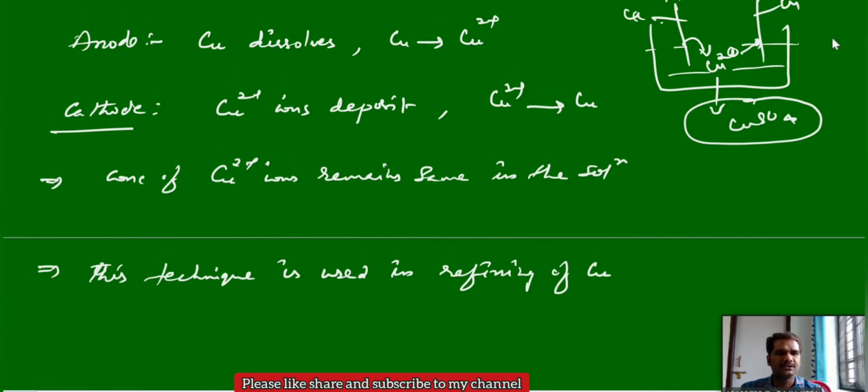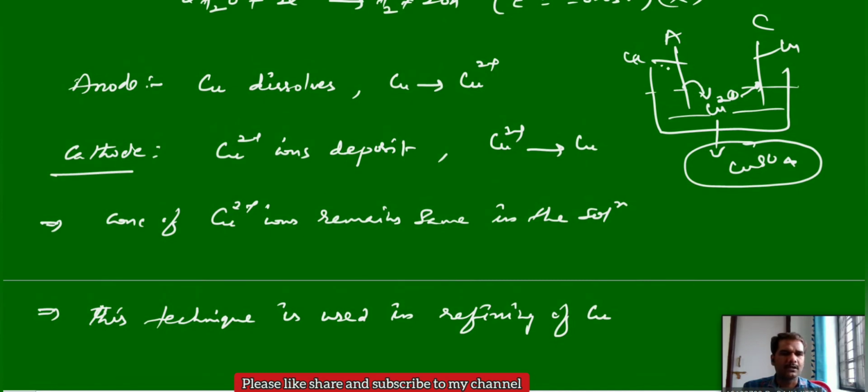Why? How can we use this one? If we take impure copper as an anode and pure copper as a cathode, then what happens? Impure copper can give copper 2+ ions. Those copper 2+ ions only can move towards the cathode, and any impurities present in this anodic rod can be deposited as anodic mud. So you will get the pure form of the copper. This is called the refining process. Mostly in case of metallurgy, anyhow, we will discuss the copper metallurgy at this refining process.